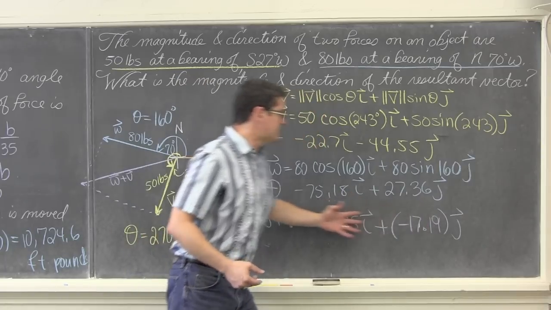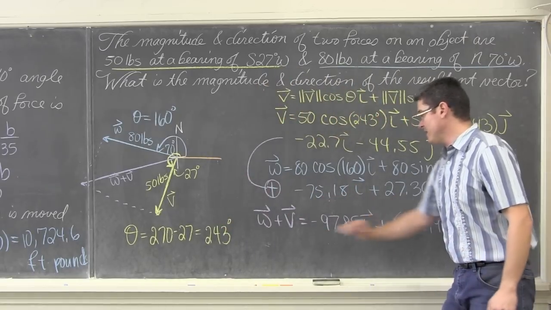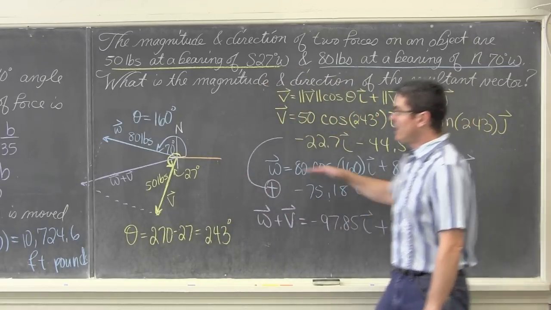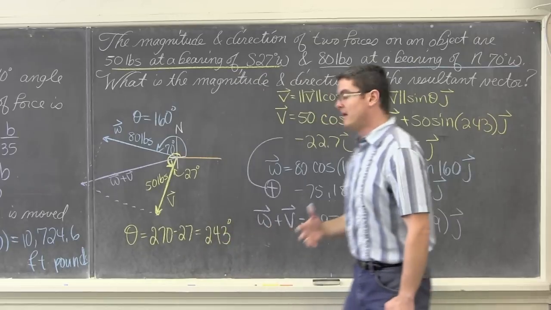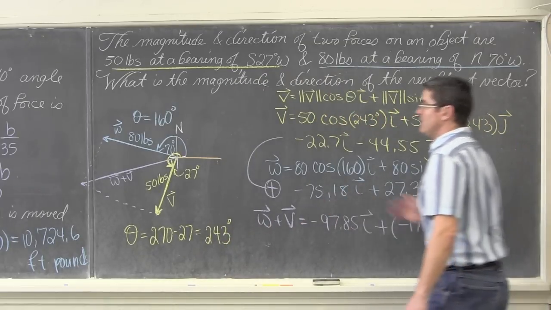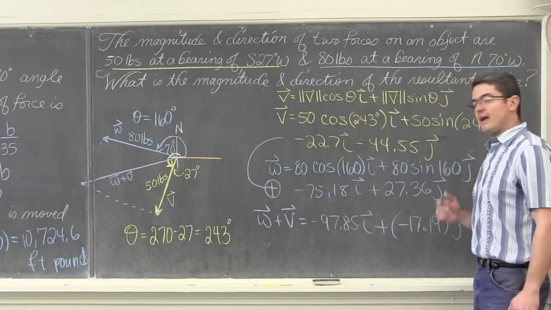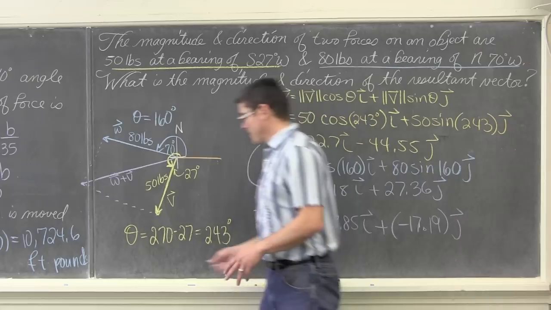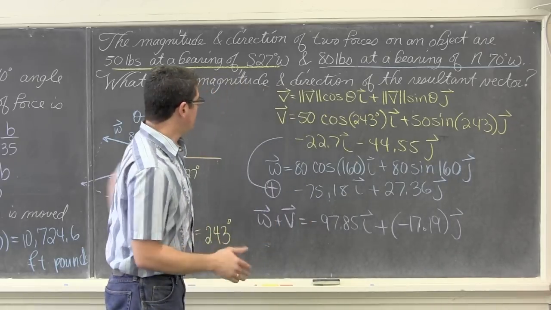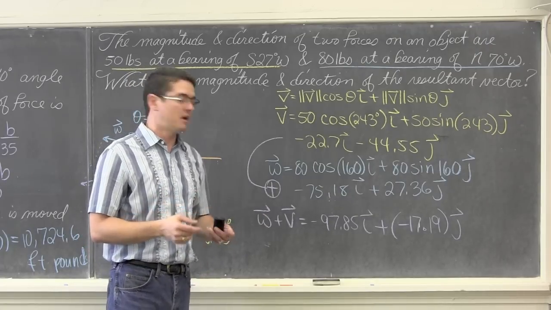And does this at least seem to make sense? Well, if you draw a pretty decent diagram, we have a negative A value and a negative B value, and that appeared to be kind of like my drawing where it was slanting down to the left. Again, using my halfway decently drawn diagram to verify the reasonableness of my numbers, and it's also verifying that with a negative A and negative B, we're in quadrant 3. Okay, let me get this erased and let's move on to trying to find the magnitude and direction of this final vector, but I need more room.